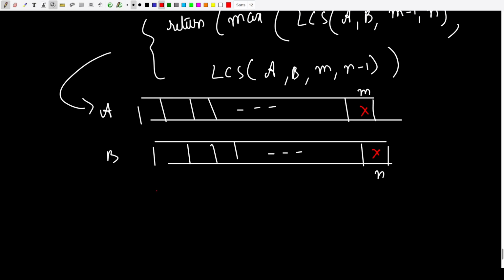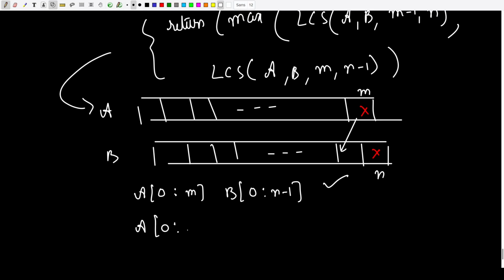So now it might be possible that the LCS is from 0 to M and B to N minus 1, right? It might be possible that these two are not equal, but it could be possible that these two are equal, right? N minus 1th position. That is the condition I am trying to find out from here. Or it might be possible that it could be there in M minus 1 to B of 0 to N,